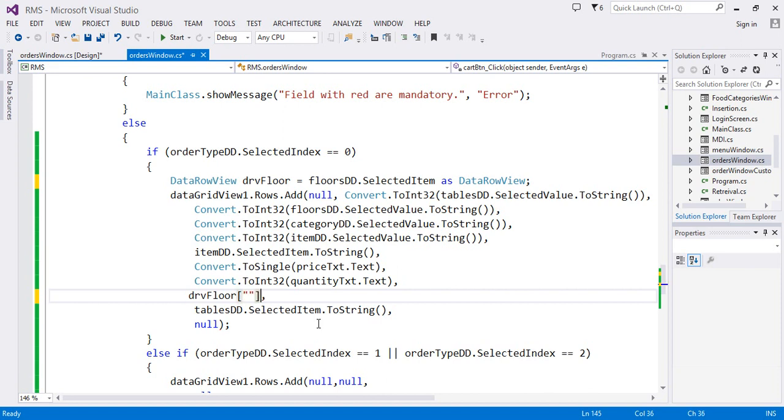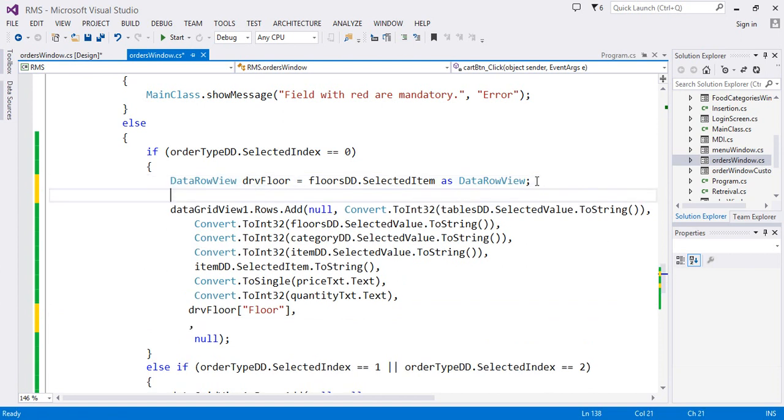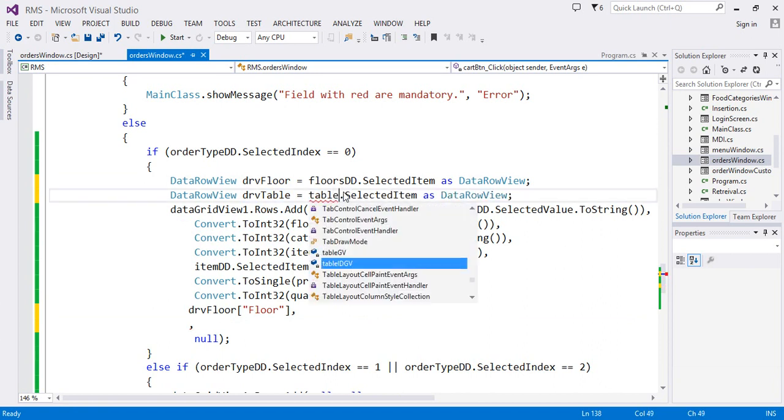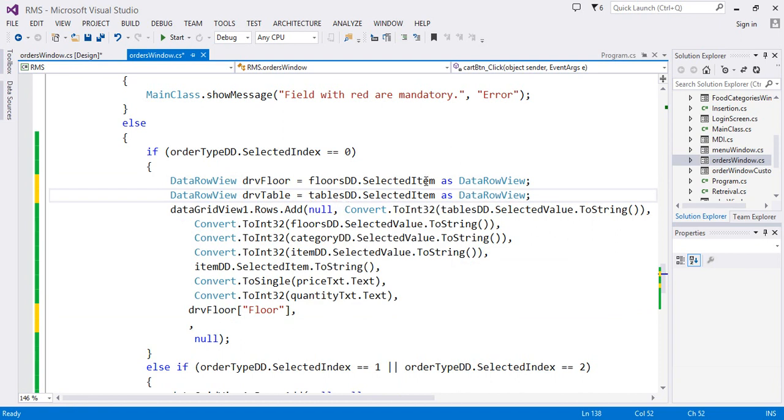So from the database, the column name is floor. That is the data value, so the display member and the value member, both things. All right, and then you have to specify the table, for table also. So remove this one and copy this code once again and paste it down here, and drvTable. So that's my other object here, and now I am placing a tables drop down as DataRowView, and then right here